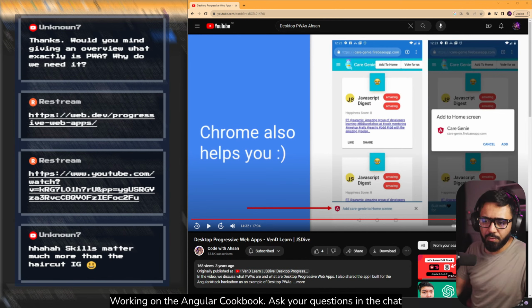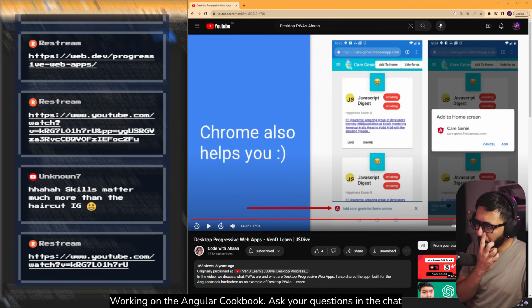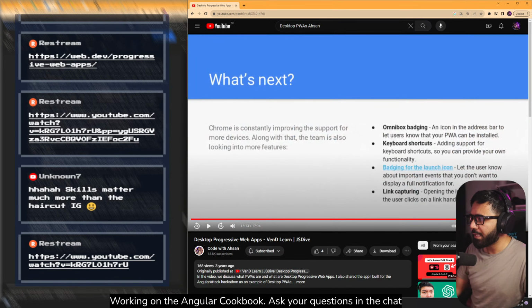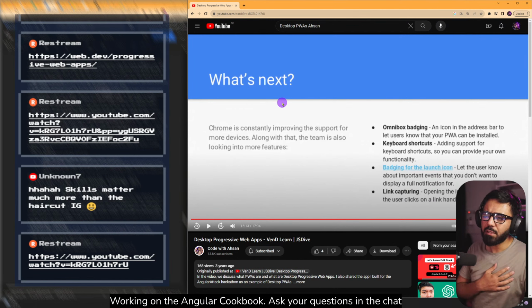There you go. So this is when Chrome announced that progressive web apps are going to be available as desktop applications. I'm not sure if Safari allows it. Maybe it does now, because Safari has always been a challenging player in the case of progressive web apps because it gets installed